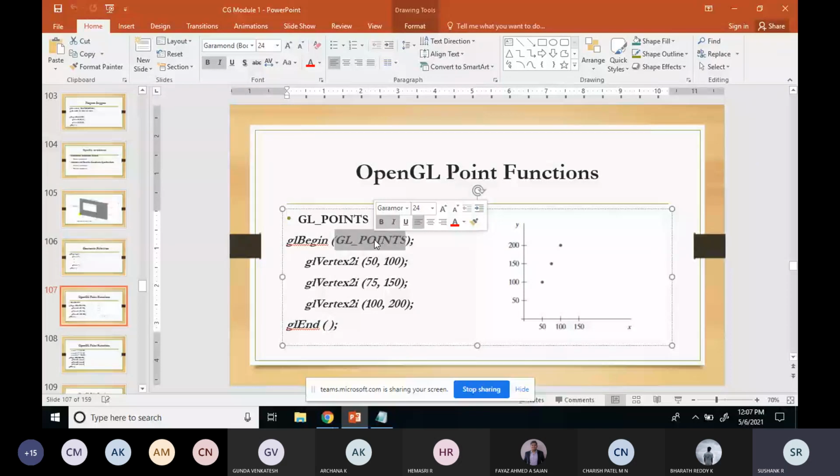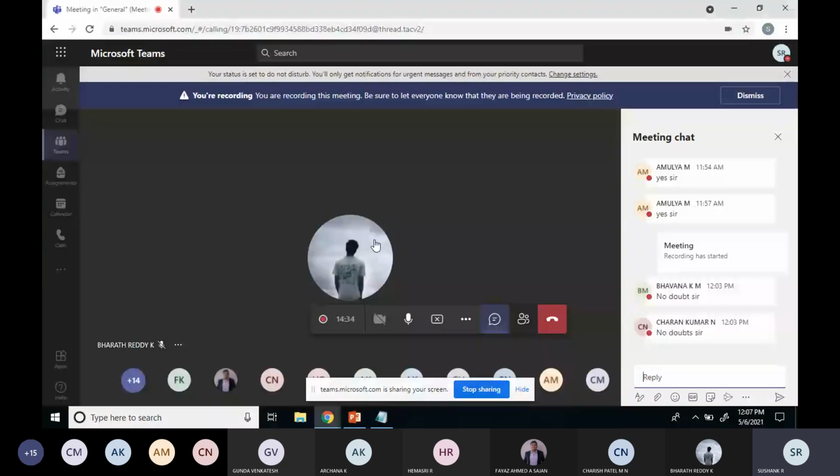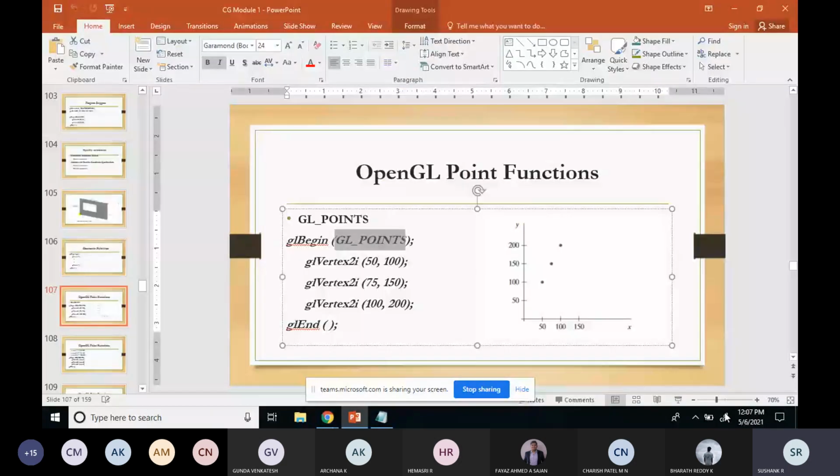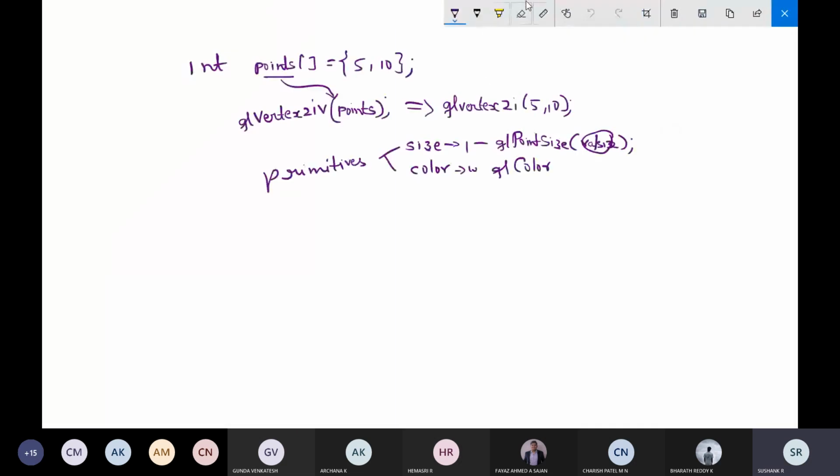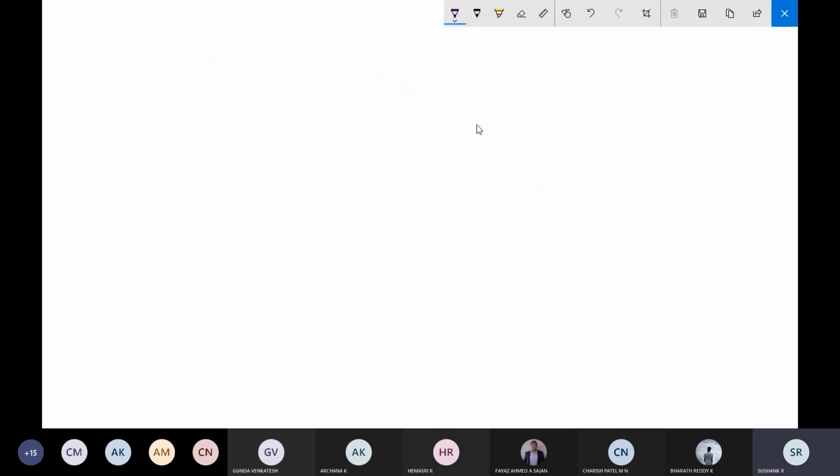Whatever current color is there in the state list will be displayed. Now glPointSize, I was talking about glPointSize.